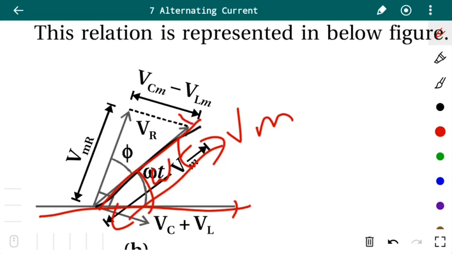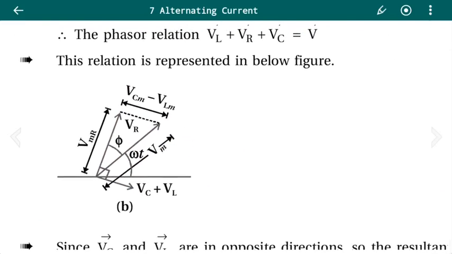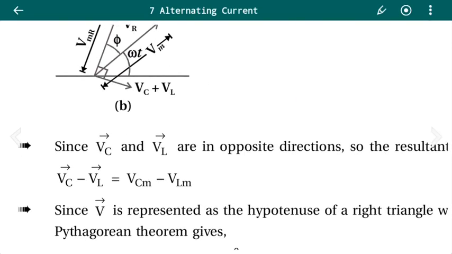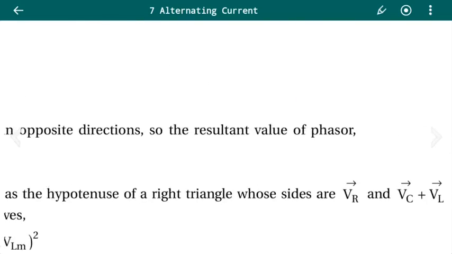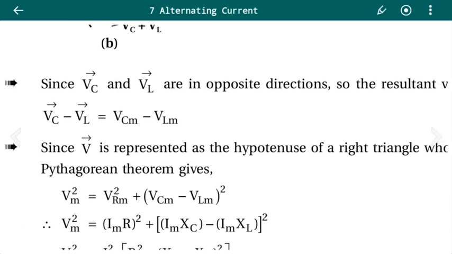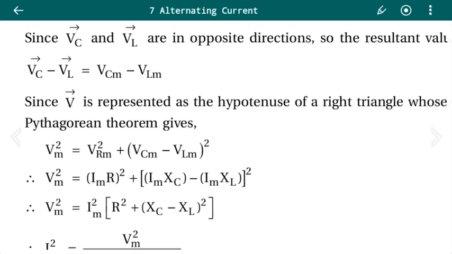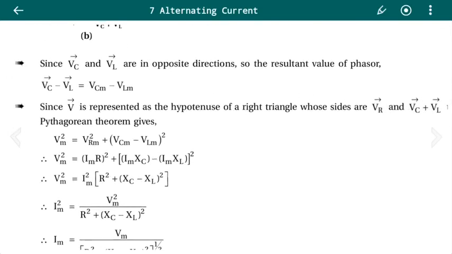When you take the projection on the y axis, that becomes VMR, that is VR, and from that when you take the 90-degree angle, the vector that is VC plus VL. Since VC and VL are in opposite directions, the resultant phasor VC minus VL equals VCM minus VLM. Since V is represented as the hypotenuse of the right angle triangle whose sides are VR and VC plus VL, the Pythagorean theorem gives you,